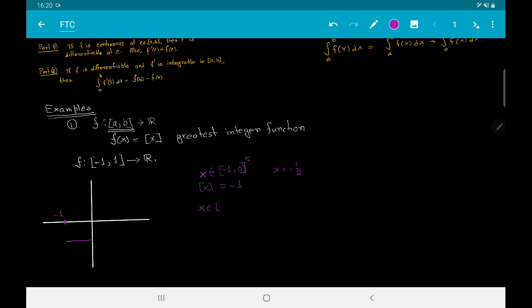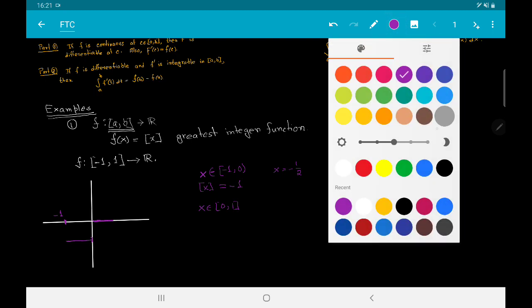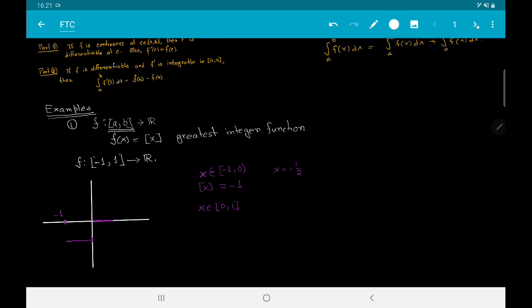And when x lies between 0 and 1, strictly speaking the previous interval is open, and here I should take the closed interval [0, 1], and we see that from here onwards the graph looks like this. The greatest integer function of any element inside this interval is equal to 0. So here the graph ends somewhere here, it does not go up to 1. So first of all we see that f is not continuous,